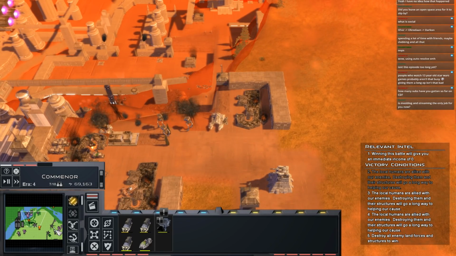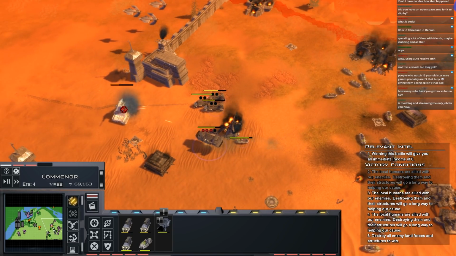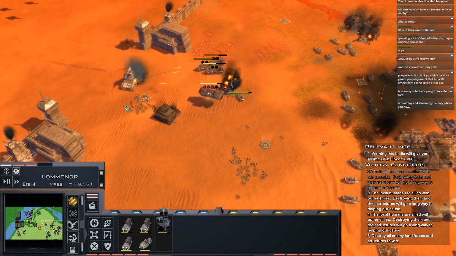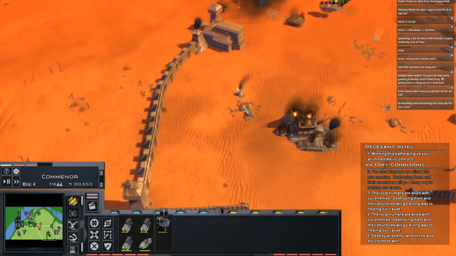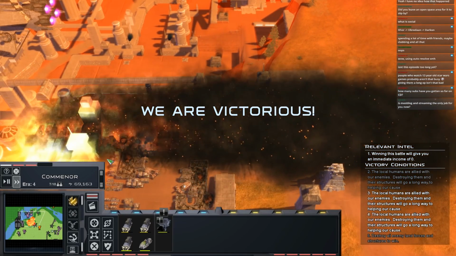Where's the target? Let's move out. Let's go. Commence assault. Cut through them. Attacking. Target locked. Enemy has been...